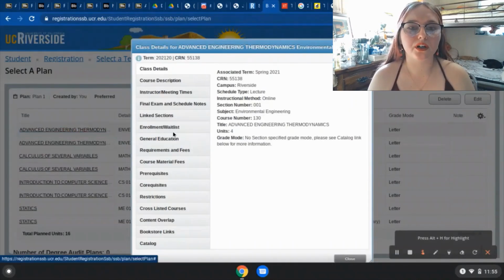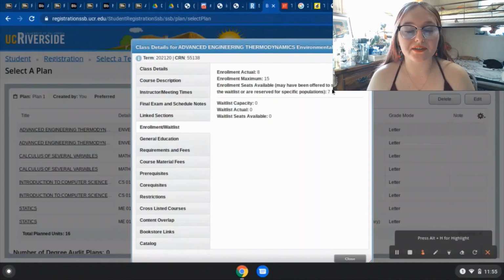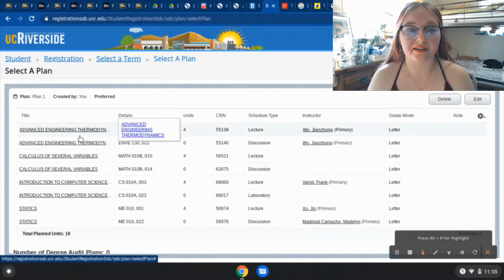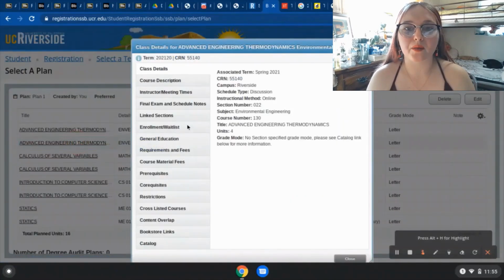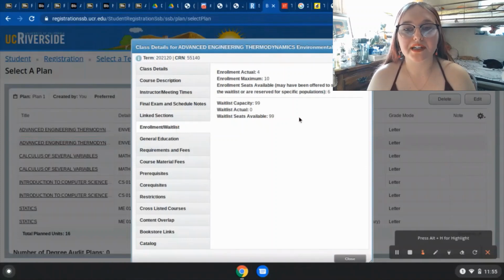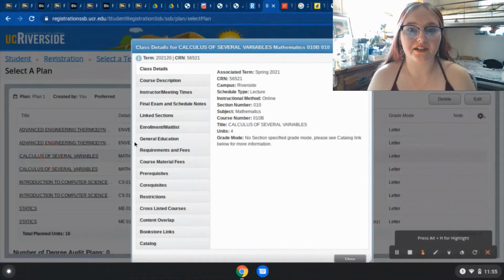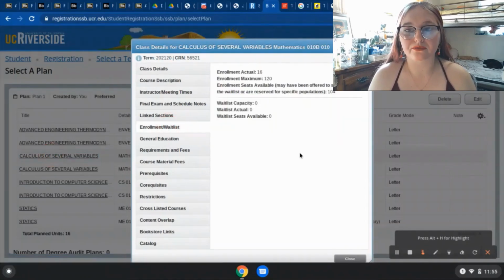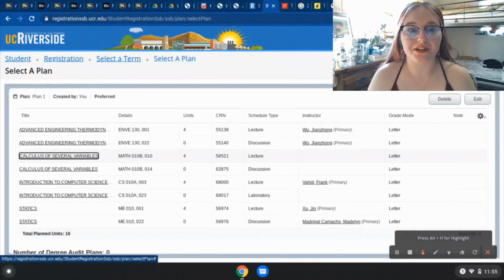So I'm going to click on the enrollment/waitlist tab of every single class that I selected ahead of time, and you can see how many current seats are available. So it's 6 for this discussion, and I'm just going to do that all the way down the row so that, like I said, I don't have to try to find a replacement class last minute, because it's very stressful